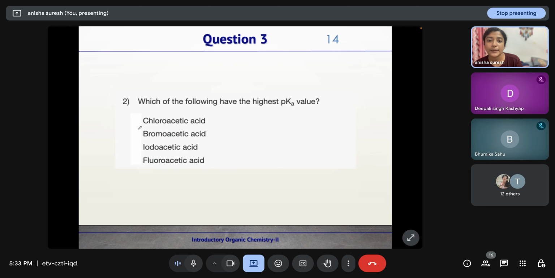Now coming to question number 2. Which of the following has the highest pKa value? Chloroacetic acid, bromoacetic acid, iodoacetic acid, or fluoroacetic acid? So here they are asking for the highest pKa value, right? So if pKa,